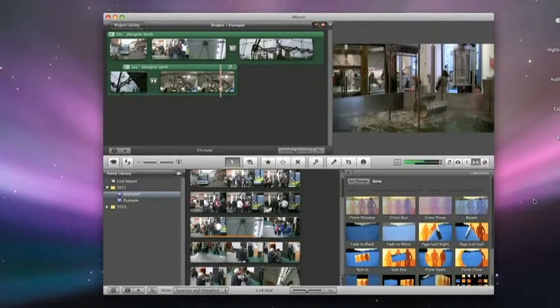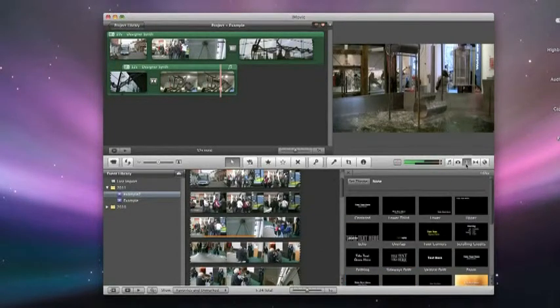Right, and the other thing that I wanted to show you was how to add titles onto your movie, okay? So that is up here in this menu bar again. We're on the T this time, and here you've got lots of different types of title text. And if you hover over them, if they've got anything that moves or changes, it will show you an example of what that looks like. So I'm just going to grab this one here,